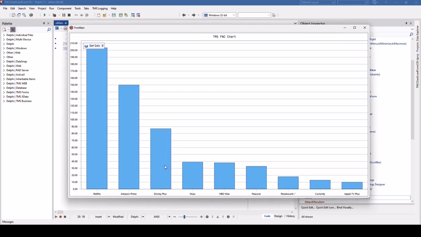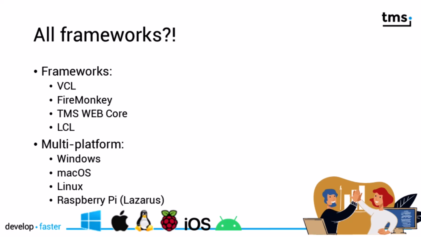And this is something I have not mentioned so far, this is not only a component that you can use for your VCL projects, these controls are compatible with the VCL, FireMonkey, TMS WebCore, the Lazarus LCL, and thus these are multi-platform components suitable for your Windows applications, macOS applications, Linux applications, and even for the Raspberry Pi if you use Lazarus.